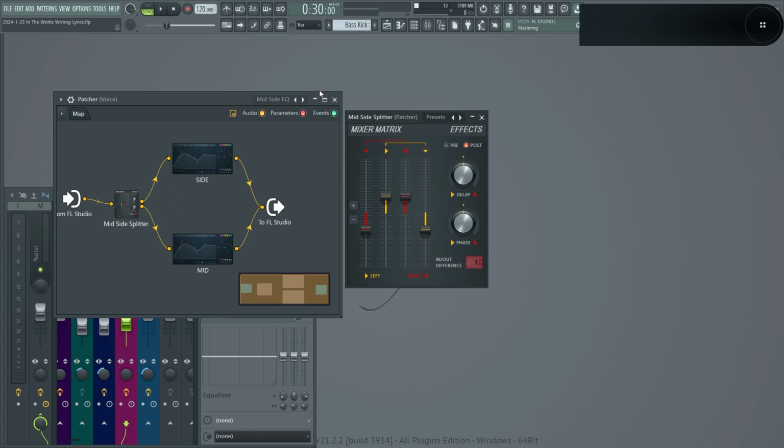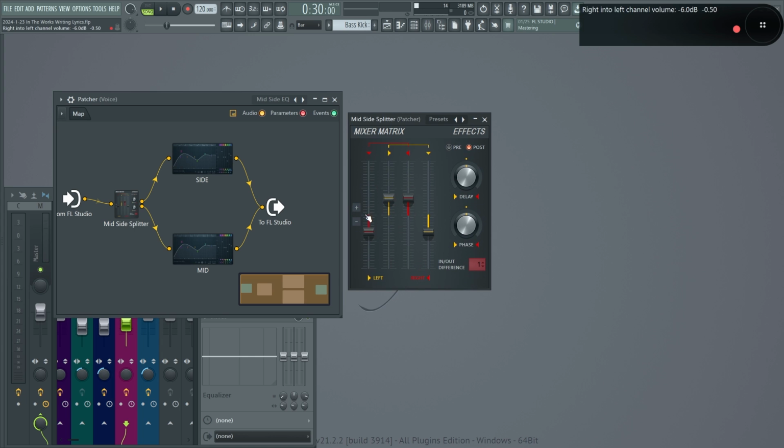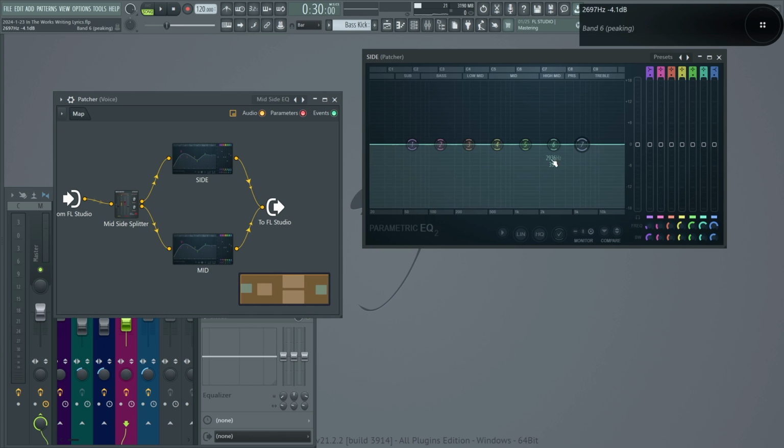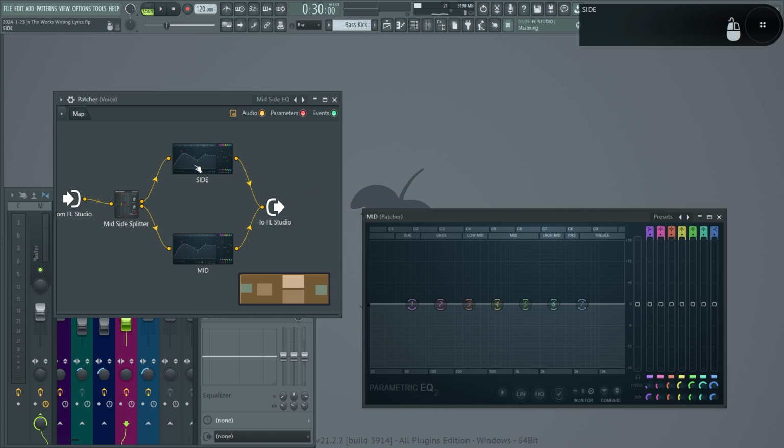Without confusing your brain too much, this pretty much nullifies the middle section. So we're only hearing the side effect of the signal through this thing here, but we could hear the difference, aka the middle, with the send sidechain. So essentially we have the middle sound and then the side sound. So all we could do now is just adjust the sides and the mid to our liking.